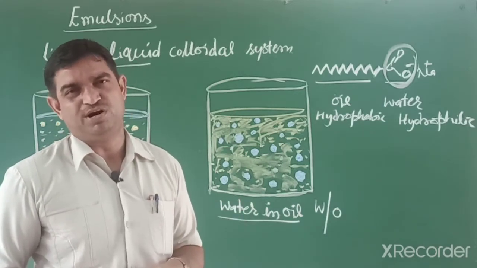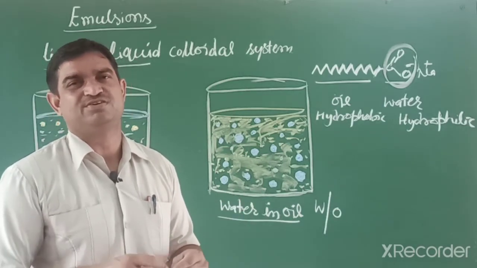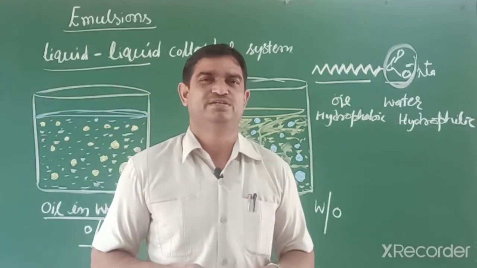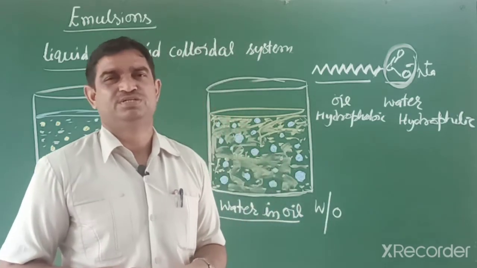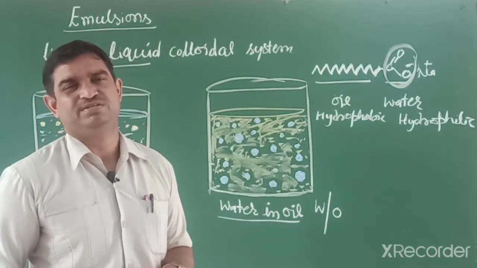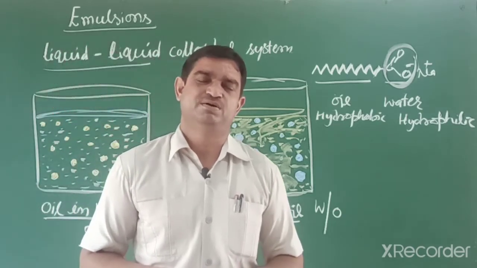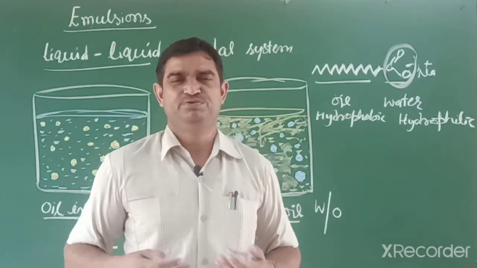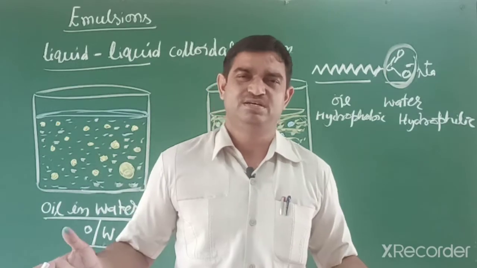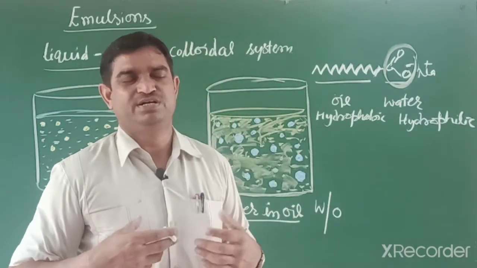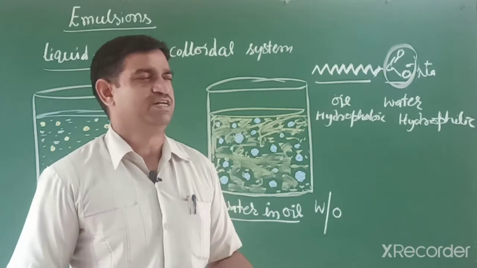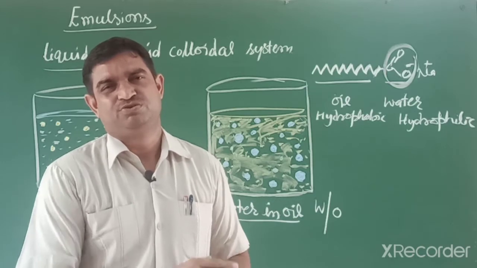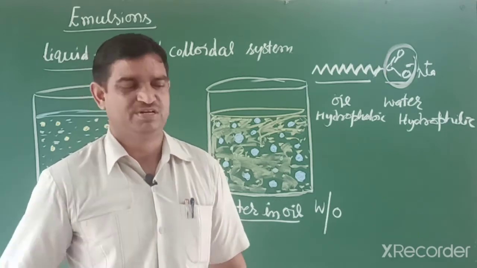These emulsions show all the properties: Tyndall effect, scattering of light, Brownian motion. Those properties are also shown by emulsions. So these are the emulsions and they are very useful in our daily life. Now we study some examples of colloids in our surroundings. Daily we take milk, we take food, our clothes, furniture, cement, our buildings, all things are included in colloids. So now we take different examples one by one.